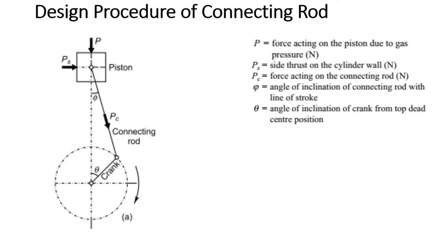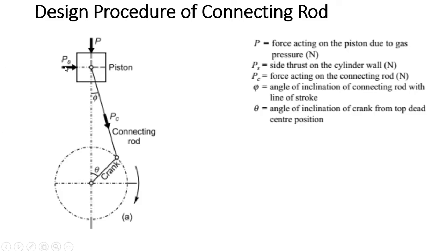So now we know that the connecting rod connects the piston and a crankshaft by using a crank pin here at the small end. Then I have a shank part, and then we have a crank pin here which connects the crankshaft. So here different forces are applied. We can see that P is a force that is applied by the piston due to gas pressure.